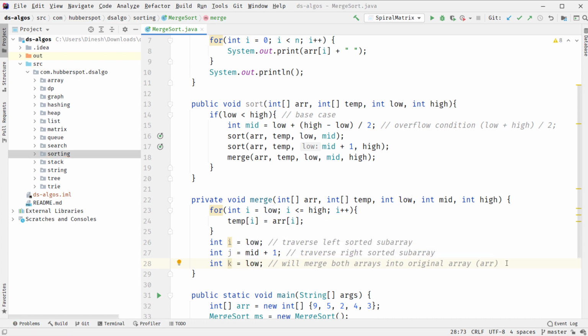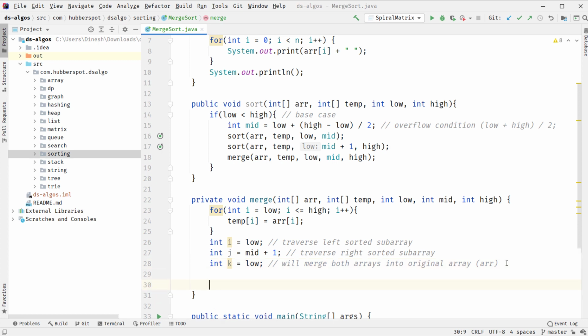So after creating these 3 pointers, we will compare each and every element of the left and the right subarray, and whichever element is small, we fit that element into the original array at kth index. This is the basic idea behind merging two sorted arrays such that the resultant array is also sorted.